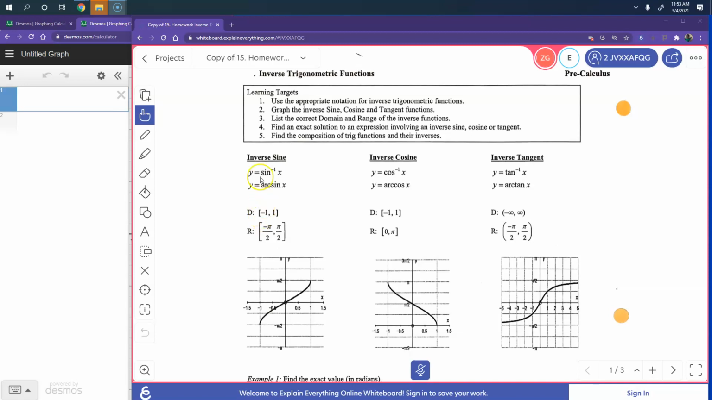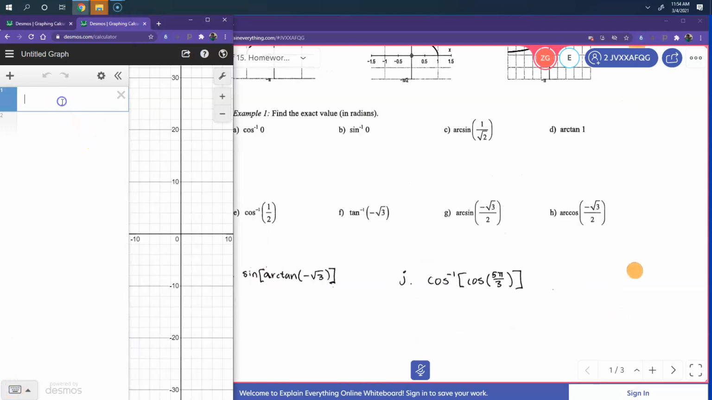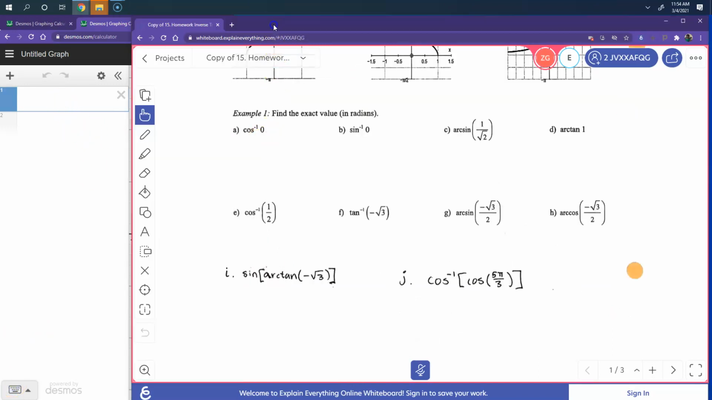restrict the domain. For sine, it's going to be between negative pi over 2 and pi over 2, or negative 90 to 90. In radians, the range for inverse cosine is from 0 to pi, or 0 to 180. So with this in mind, we're going to go ahead and figure out